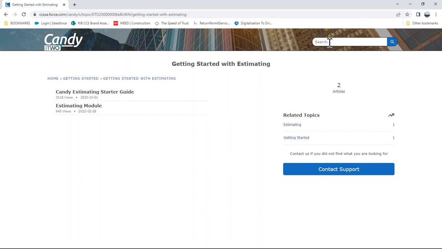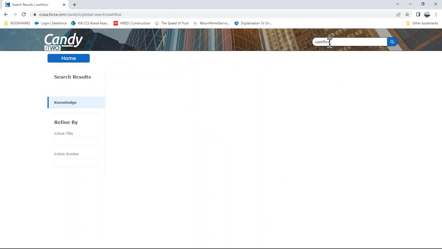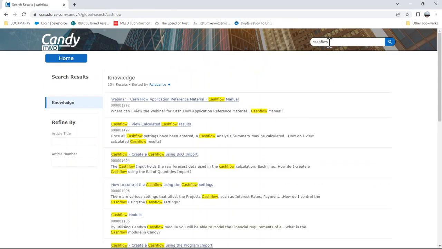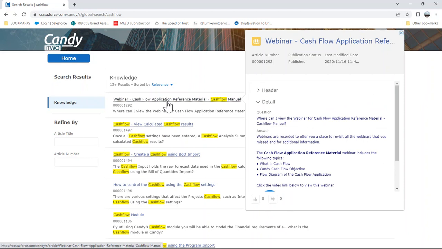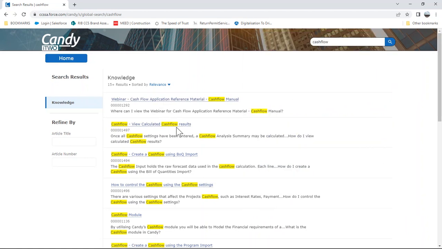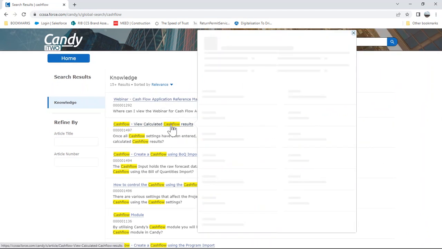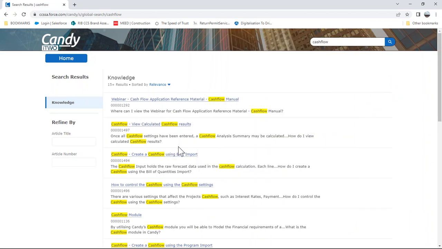If you are looking for specific information, so I mentioned cash flow during this webinar, and you're looking for some additional information on the cash flow, you would like to read up something on the cash flow. So there you go. We've done an intensive cash flow webinar. There's the link. It will take you to the cash flow webinar, the recording therein. We've got the explanation of the cash flow results, how to create a cash flow using a BOQ import, and so on. So I would recommend that you use the Help Center